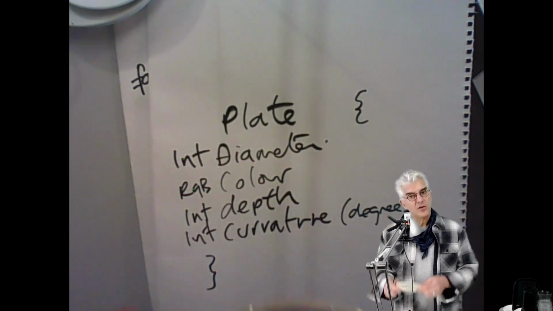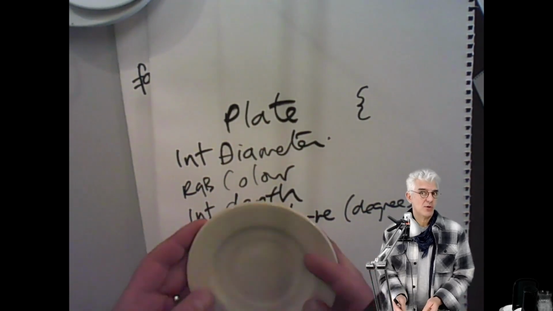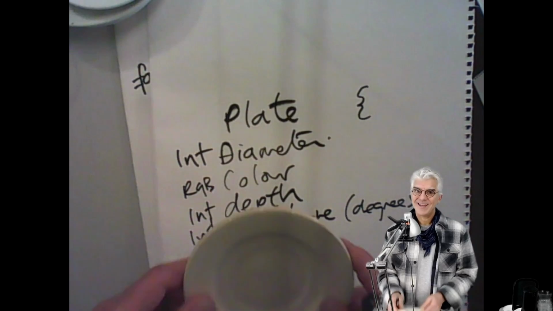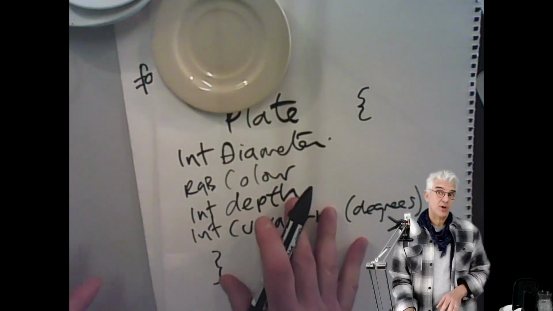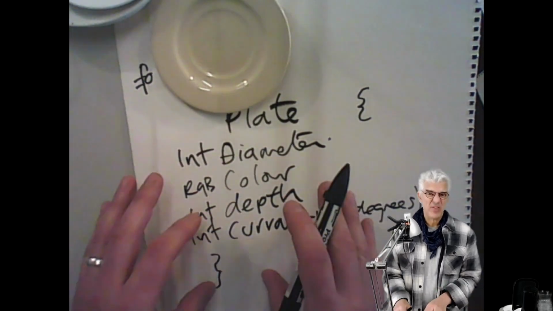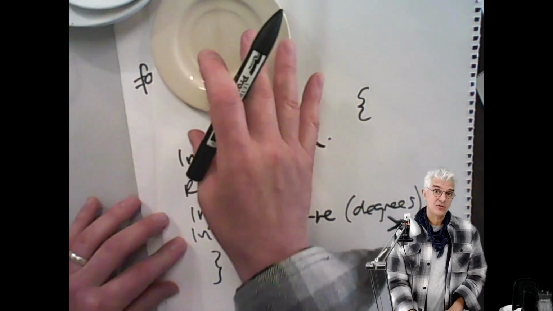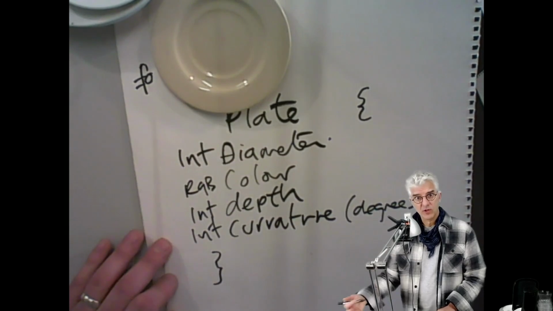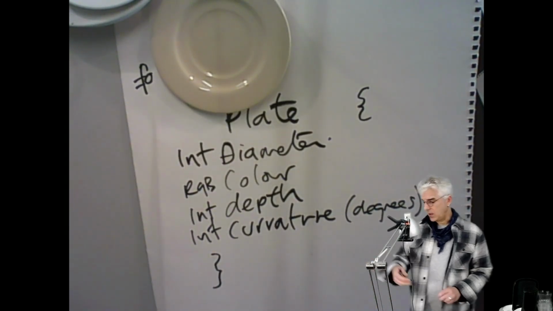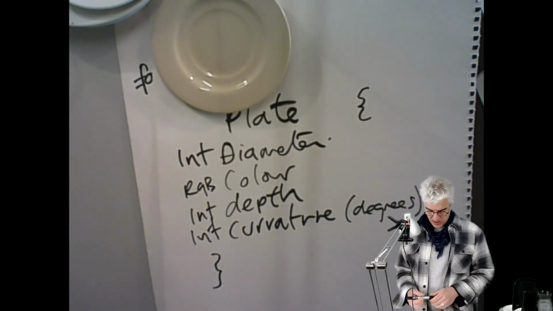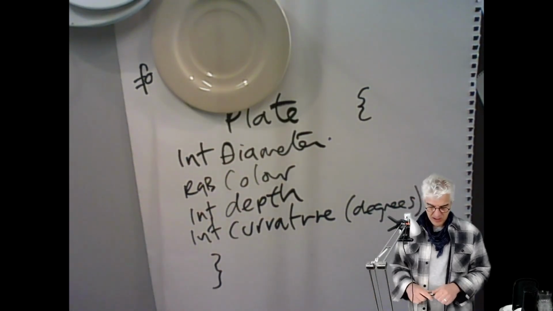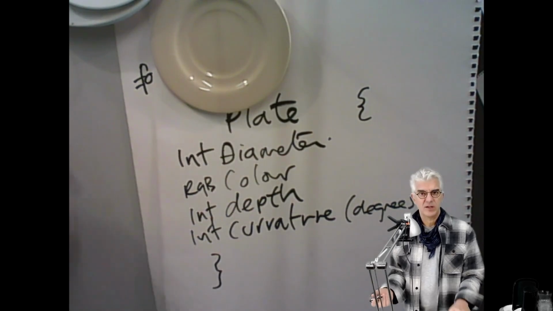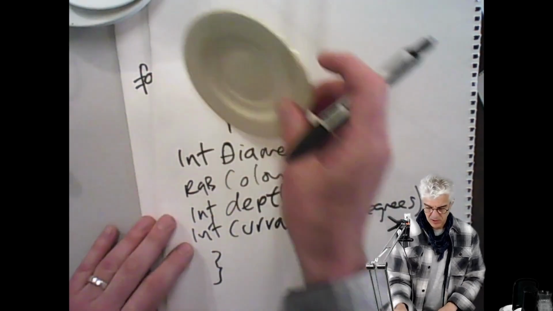Now, depending upon the type of thing you want to build, there's also stuff that they can do, not just be. And I could describe functions or methods that this plate understands about how to do. And we saw functions earlier, like get coffee, make coffee, count people for coffee, etc. And I could say, well, one of the things that a plate can do, it's actually a terrible example because plates can't do very much, is